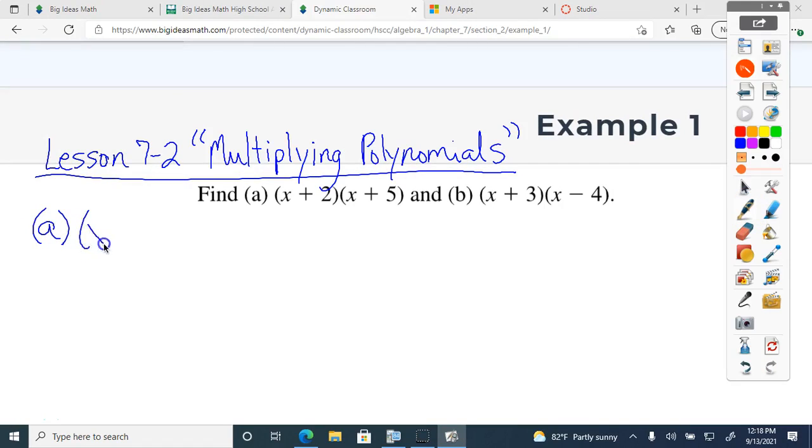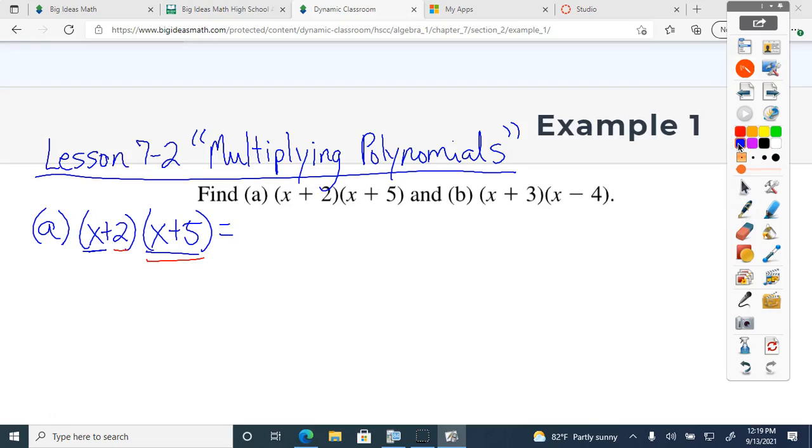All right, so part A. We have x plus 2 times x plus 5. Okay? So watch how I do this. This is one option. You can separate this. I want you to understand, you need to multiply this term by the whole thing. And then you need to multiply this term by the whole thing. So, the way I write it,